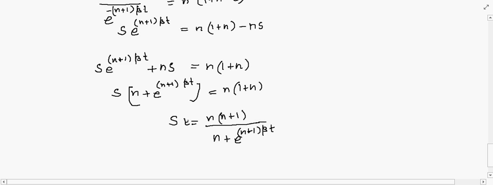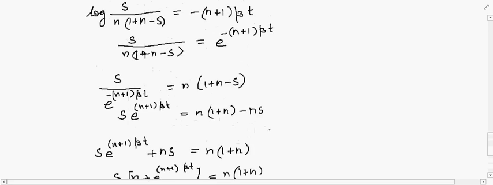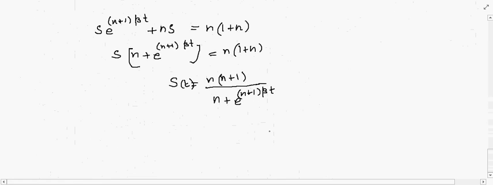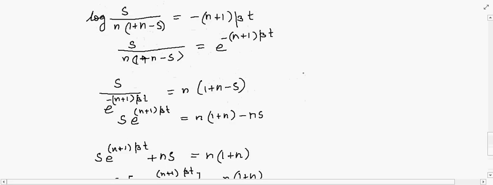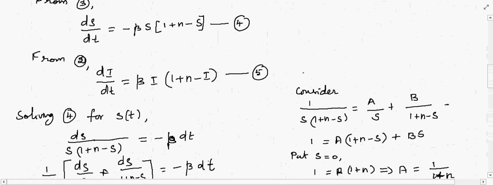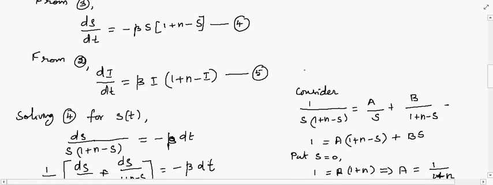That is, number of susceptibles S(t) = n(n+1) / (n + e^((n+1)βt)). That is equation number 6. So I will take this as equation number 7. In a similar manner, we can solve equation 5, and we will get,